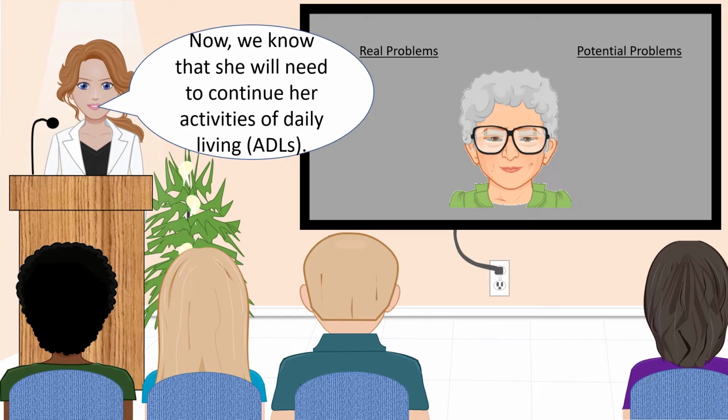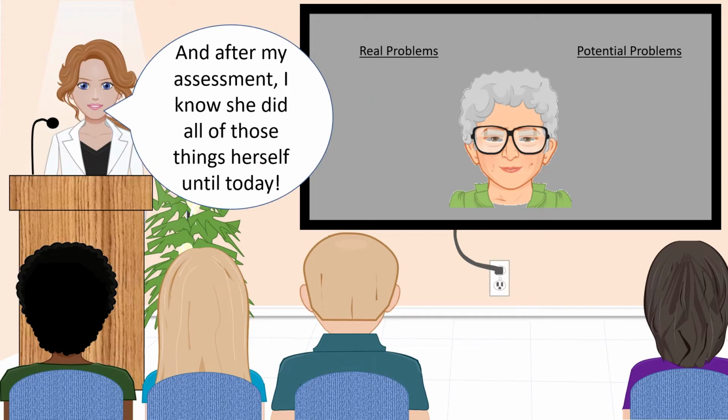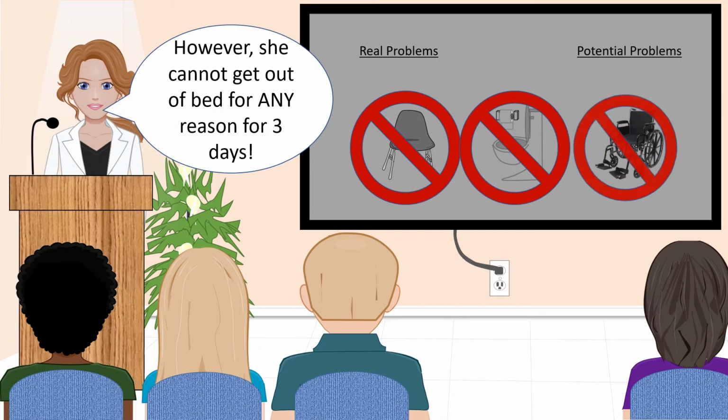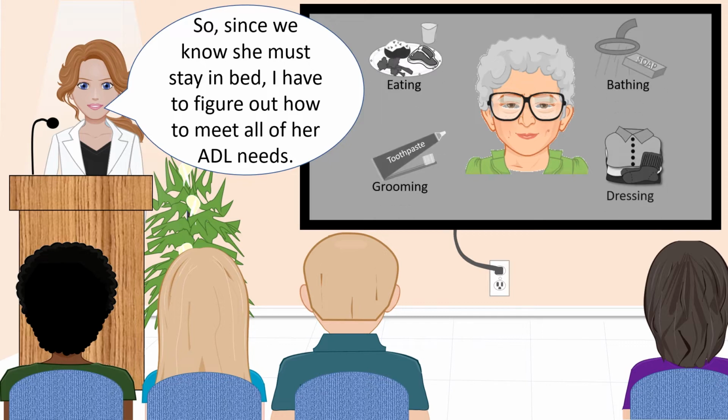Now we know that she will need to continue her activities of daily living. She still has to eat, drink, go to the bathroom, bathe, groom, and dress. And after my assessment, I know that she did all of those things herself until today. However, she cannot get out of bed for any reason for the next 3 days. So, since we know that she must stay in bed, I have to figure out how to meet all of